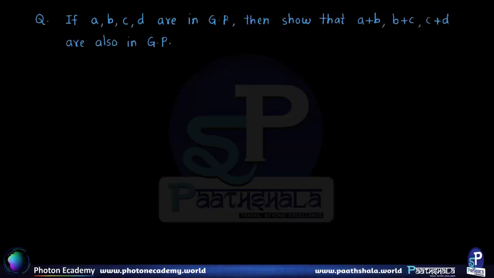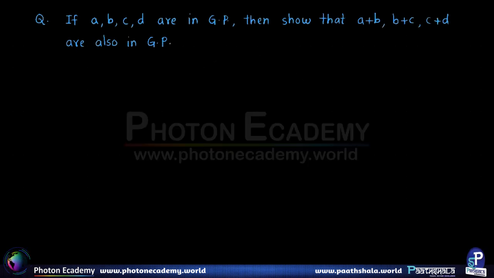Now let's do further sums based on the GP. If A, B, C, D are in GP, then show that A plus B, B plus C and C plus D are also in GP. Now here, if we recollect the basic definition of GP, it is a sequence in which the ratio of consecutive